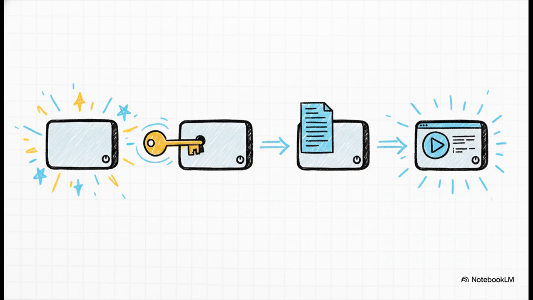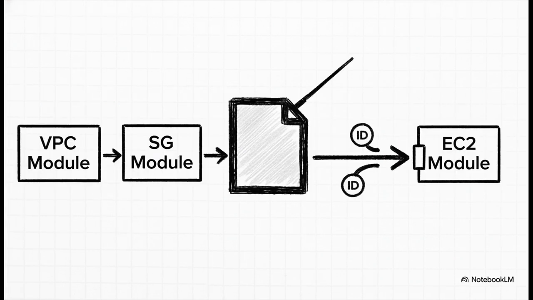Then we upload the public part to AWS with AWS key pair. Now, the most interesting part here are the provisioners. We'll talk about the pros and cons later, but for now, just see how they let us bootstrap our application. The file provisioner copies our app code onto the server, and remote-exec runs the commands to install everything and start it up.